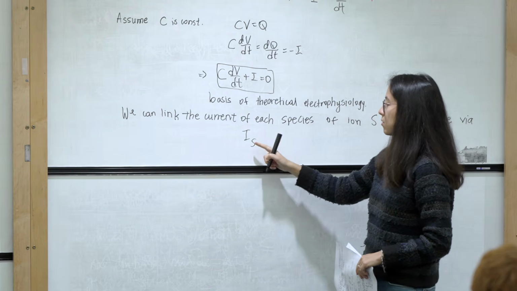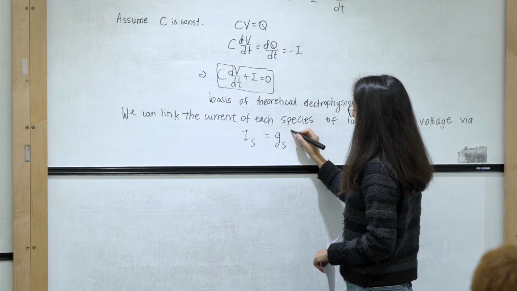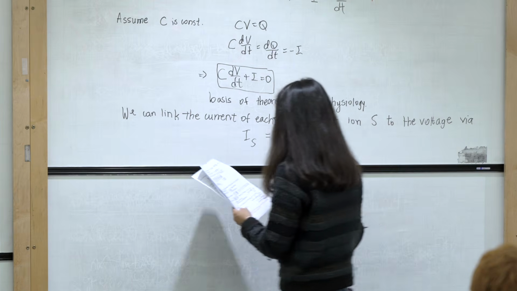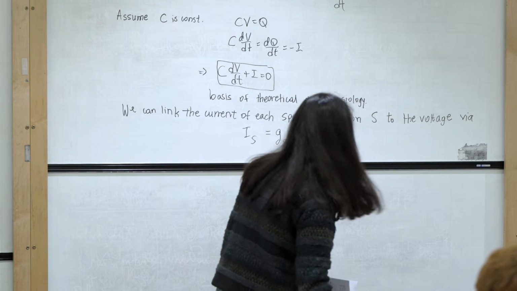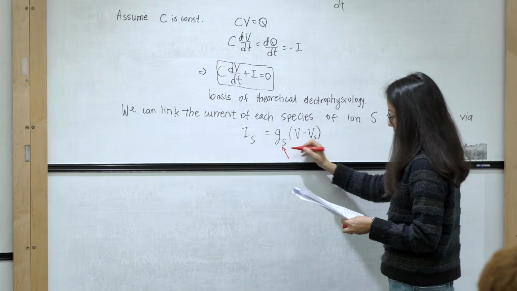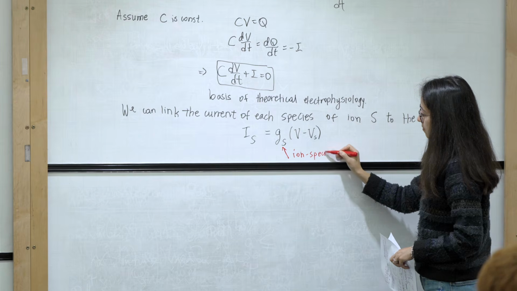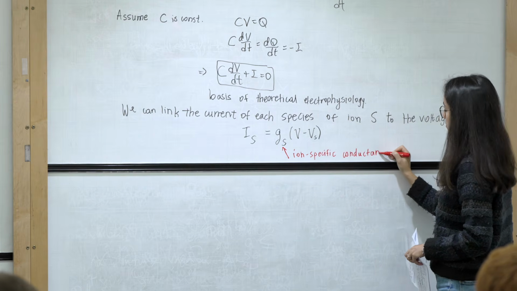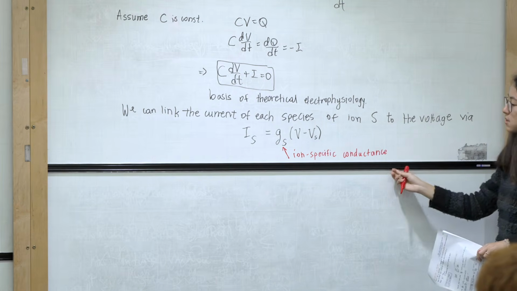So here is just to denote that I'm talking about this specific species of ion. And I'm going to have GS V minus Vs. OK, so what is this GS that I wrote here? So GS is going to be the ion-specific conductance